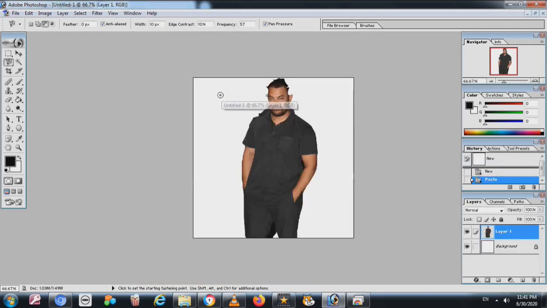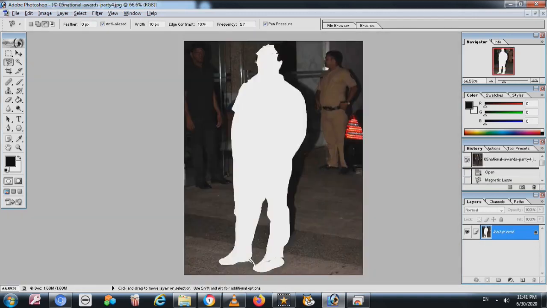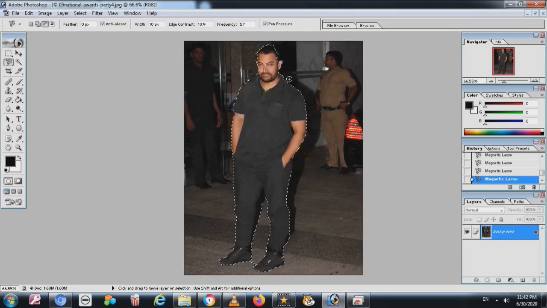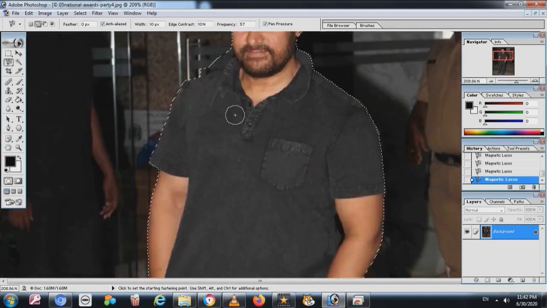Now I open the new 600 width and height, and you can see now some area I missed. So what will I do? I will put it again, control Z, undo, and that area I will take it again. I can make zoom, you know, the zoom button, or you can hold the alt key and move the mouse ball, so it will zoom.